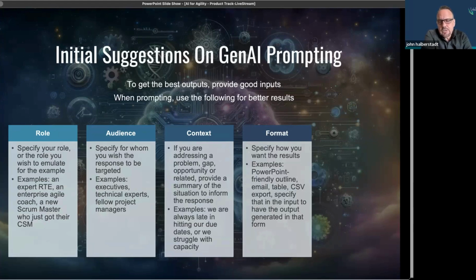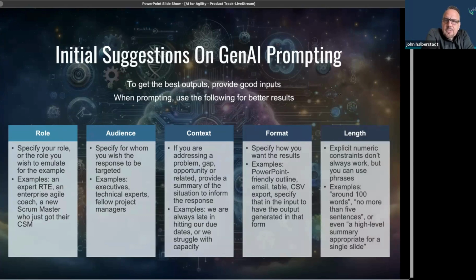ChatGPT now, and I think most of the other tools of its ilk, will generate artifacts for you. The quality is varying, but at least it gets me one step further. If I want a PowerPoint, generate it in PPT. If I want a Word doc, et cetera. So you can specify that. I use CSV a lot for importing data, but whatever format you need it in, you can request it. And it doesn't have to be an artifact, by the way. You can say table, or I'm going to send this in an email, and it will format it properly. So let it do the heavy lifting. Formatting, it's really good for.